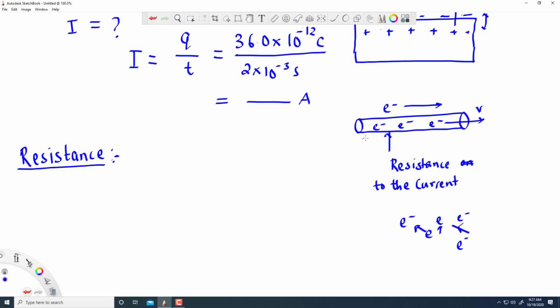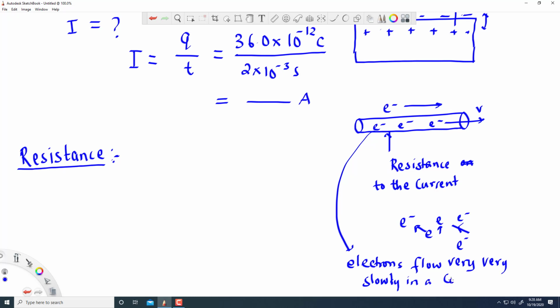And that's the reason the speed of electrons in a conductor is very, very slow. The electrons travel at the pace of a snail. So electrons flow very, very slowly